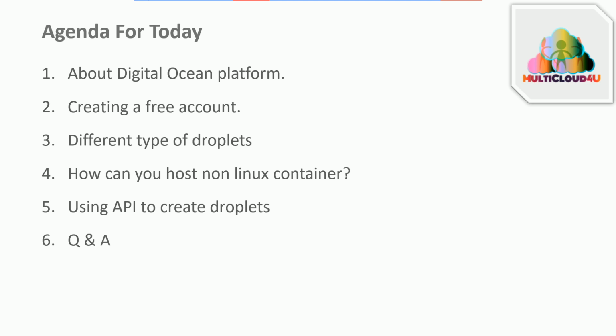I will not dive deep, but I will give you a trick and a point to practice it, and whenever the next session happens, we can discuss the same. Using the API to create droplets and manage your droplets or VMs, you can automate the whole DigitalOcean platform. There are also APIs to connect to your S3 account or other cloud platforms, so that you can directly work with them. Q&A will be as usual.